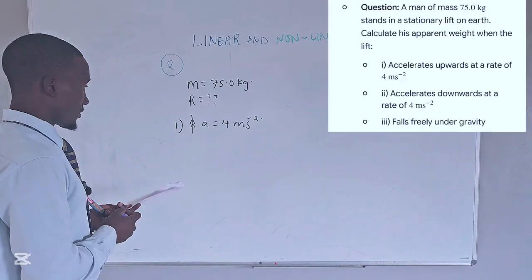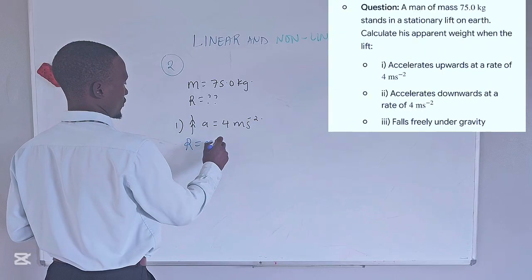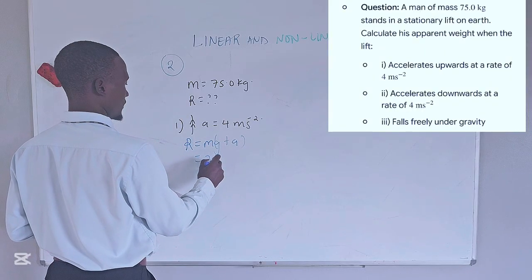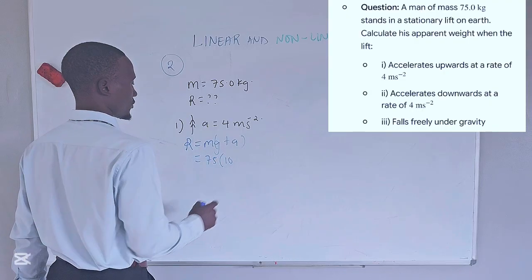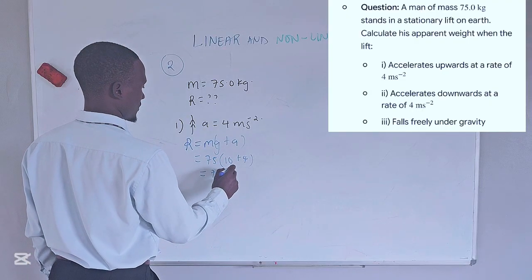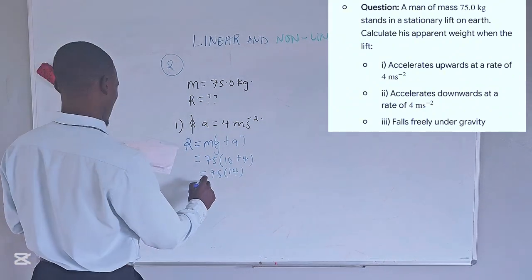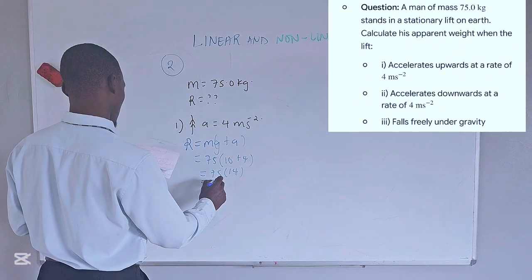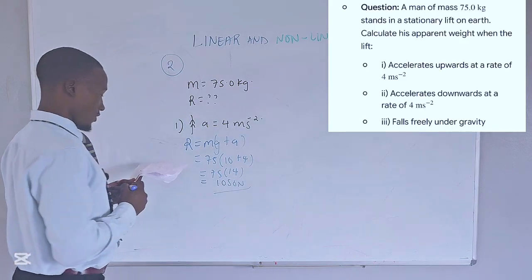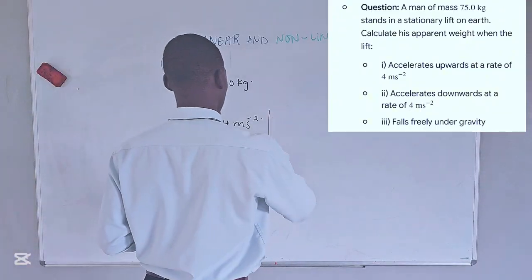In this case, if it's accelerating upwards, we know that R is m(g plus a). In this case, the mass is 75, the acceleration is 10 plus 4. And this gives us 75 times 14, which gives us 1050 newtons. You can also try out and see if we are on the same pace. Roman 2,